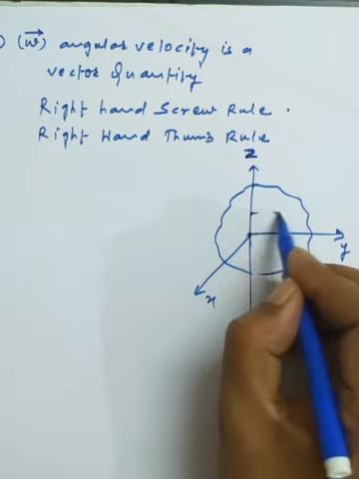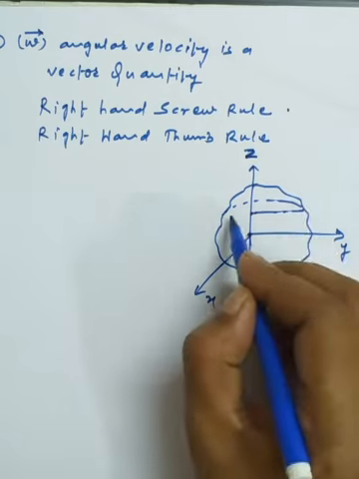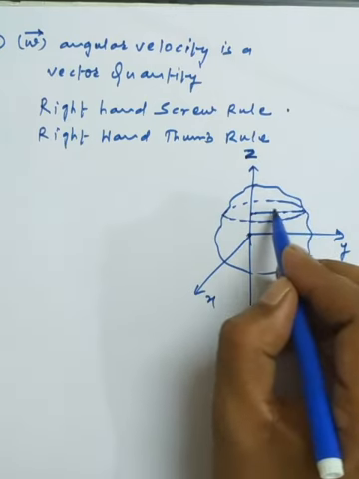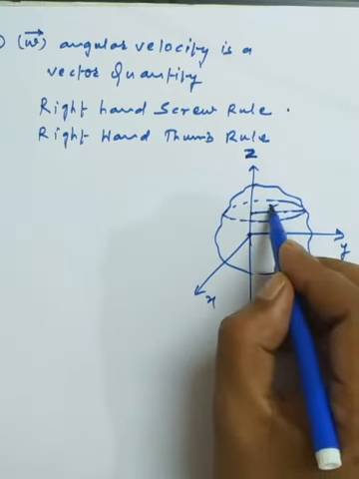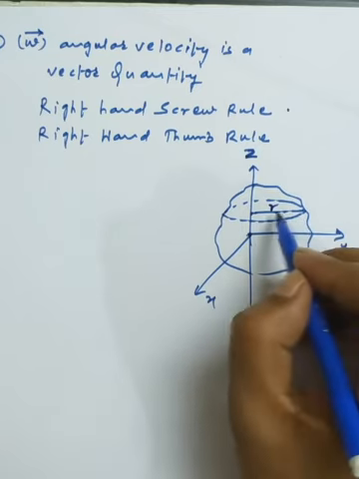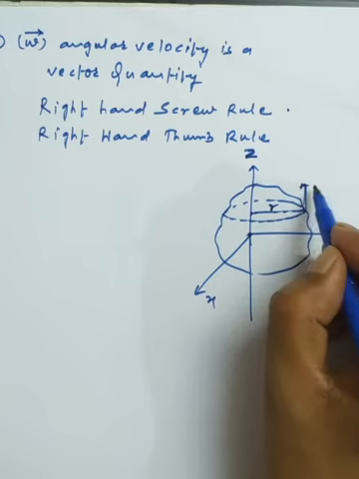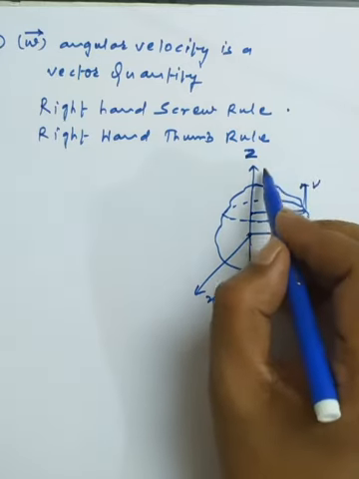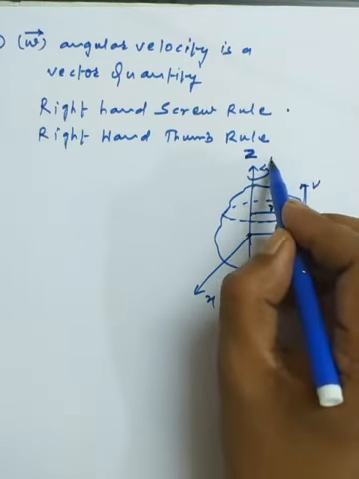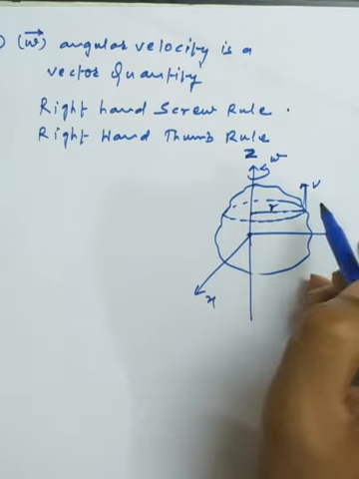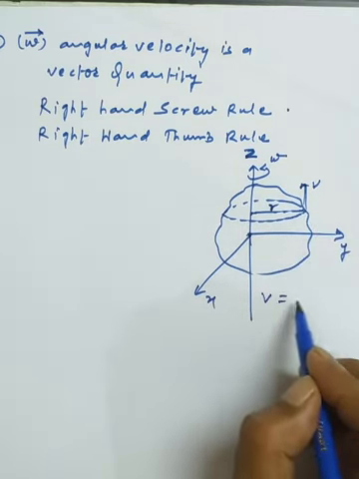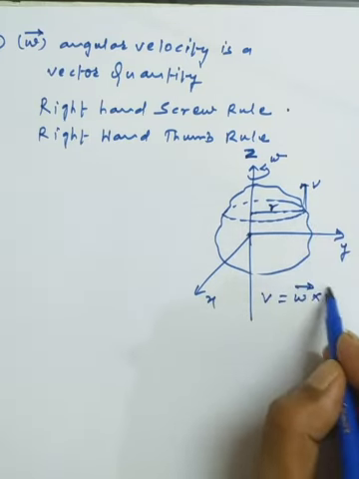Okay, so we are assuming that the particle on the surface of a rigid body is sweeping a horizontal circle of radius r, and definitely it is a perpendicular distance, and this is the concept of the linear velocity we have. Okay, and this is the concept of the omega we have. So we are assuming that v is equal to omega vector cross r vector.